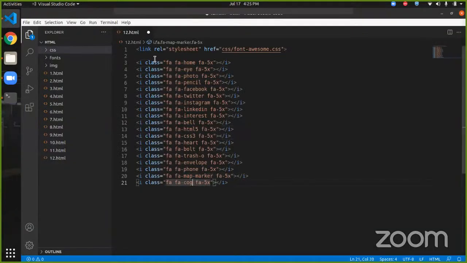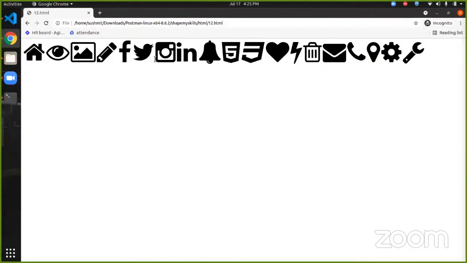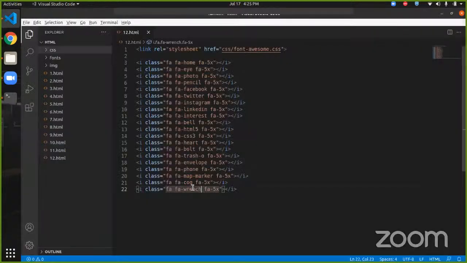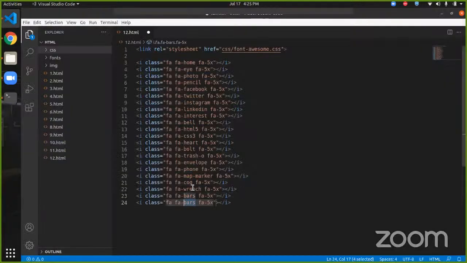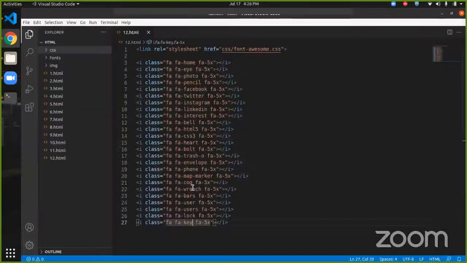We could have a cog as well. We have wrench for the settings if you want to create this one, and just let me write it. And we could have bars also. So bars is the icon for the hamburger menu. You must mostly be aware of this thing. Most of the websites are displaying their menu using this one. So we have bars, we have user icon as well. Right, we have users icon as well. We have lock icon. Right, we have key icon. Right, we have